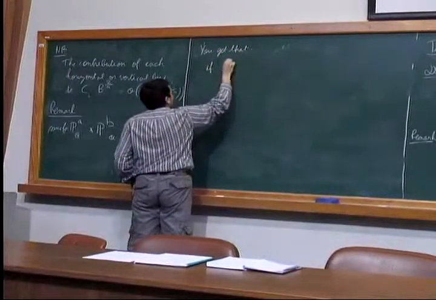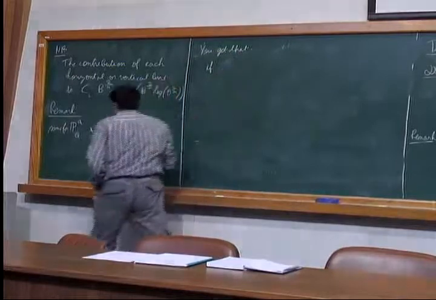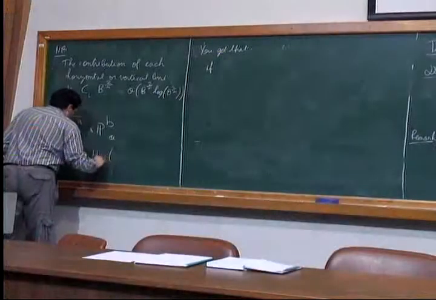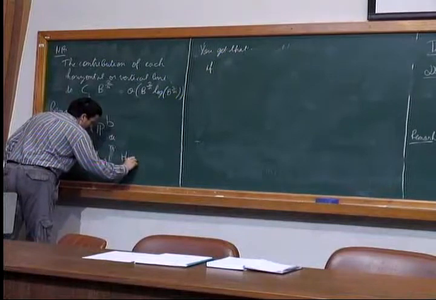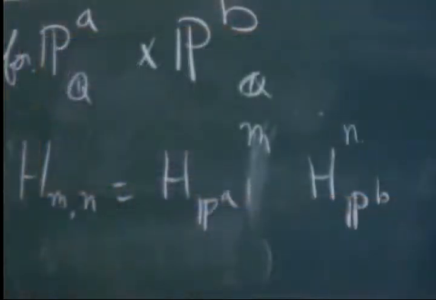So you have the height H_{m,n}, which is the height over P^a to the power m times the height over P^b to the power n. So if m over a plus 1 is bigger than n over b plus 1,